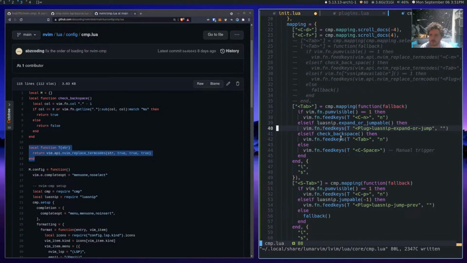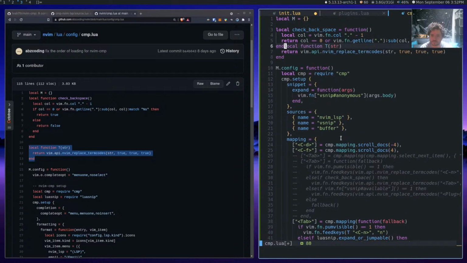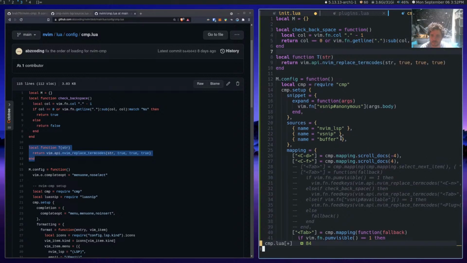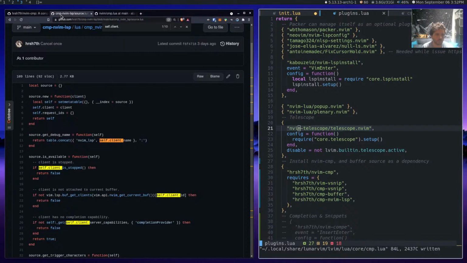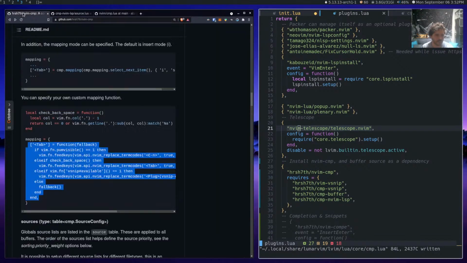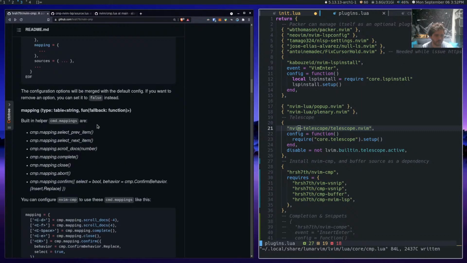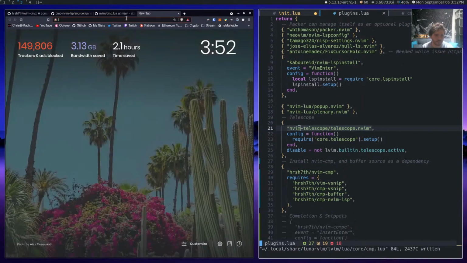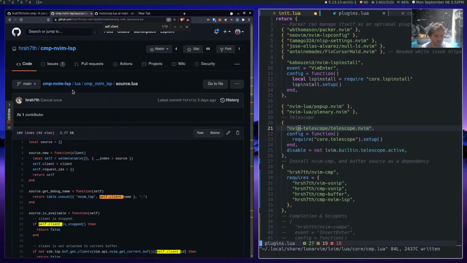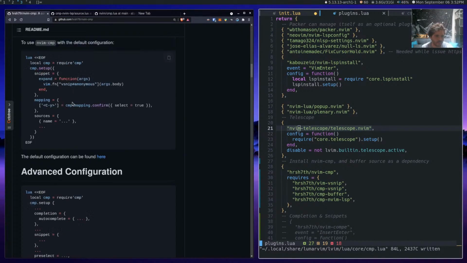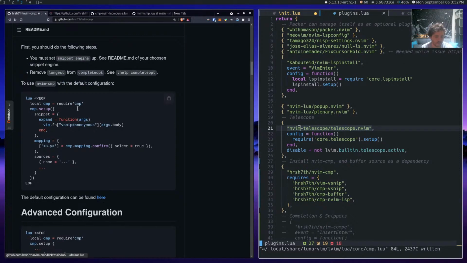So, all right, let's get this in here. Oops, why is that doing that? All right, and then let's do Lua snip, but we're also gonna need the completion source and to set that up. So, well, we need to go find Lua snip first. So let's do Lua. Well, actually, I think the completion source talked about how to get it all in there. So let's just do that. Oh wait, that's default configuration.